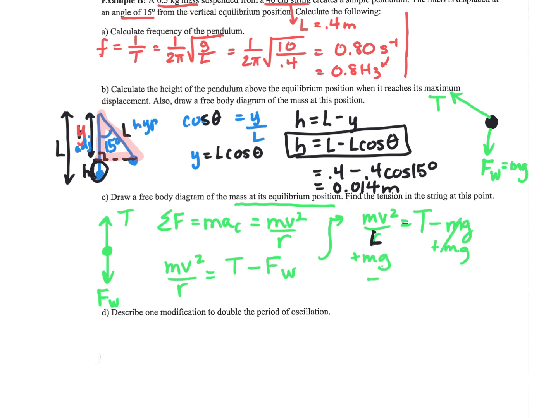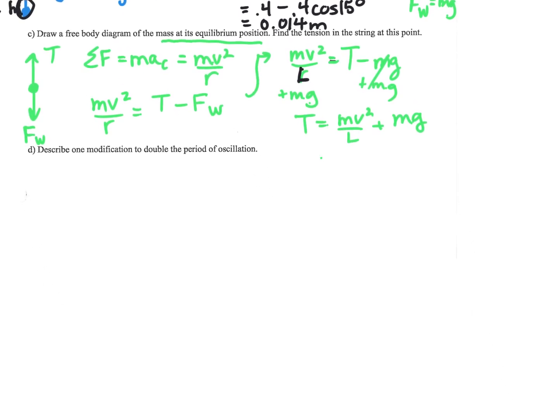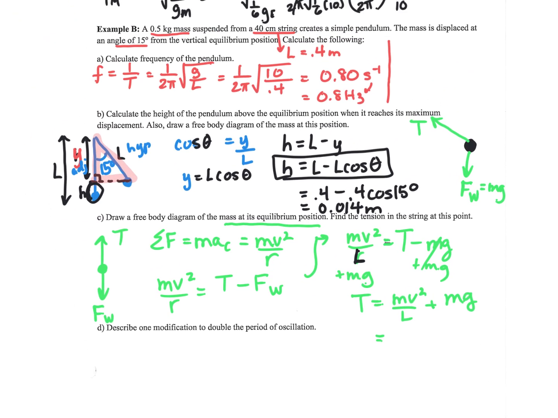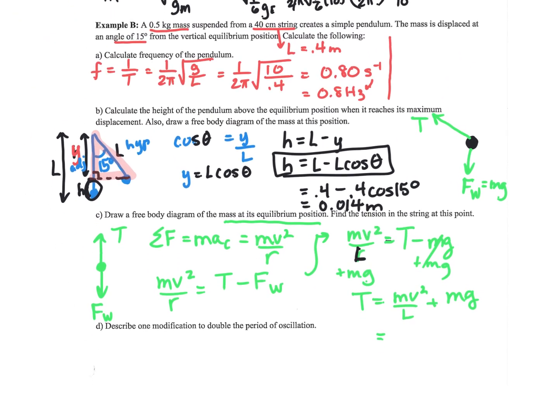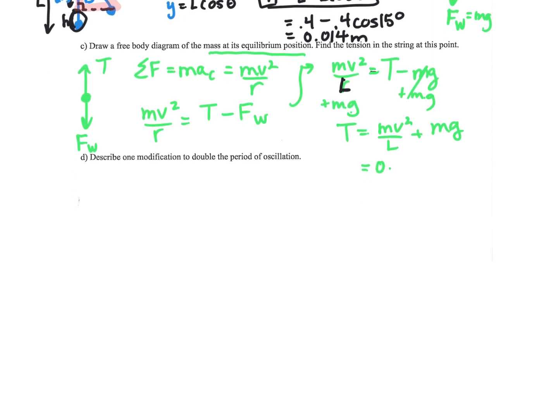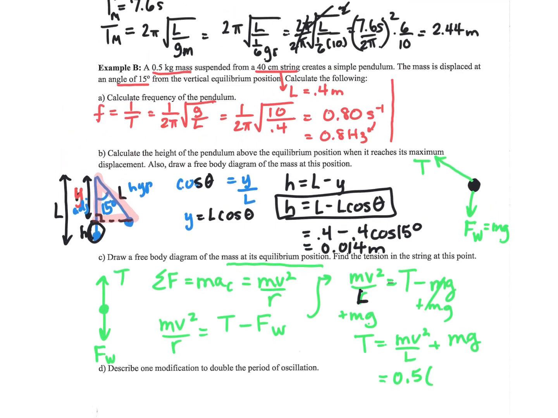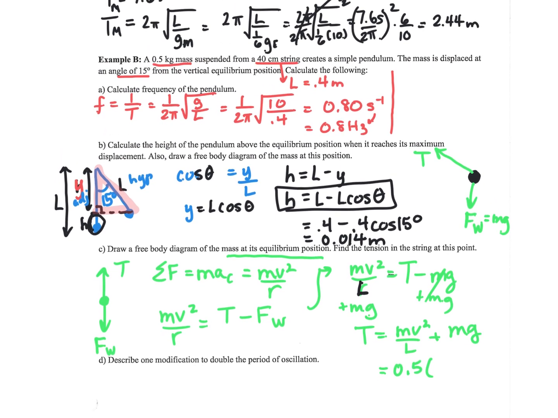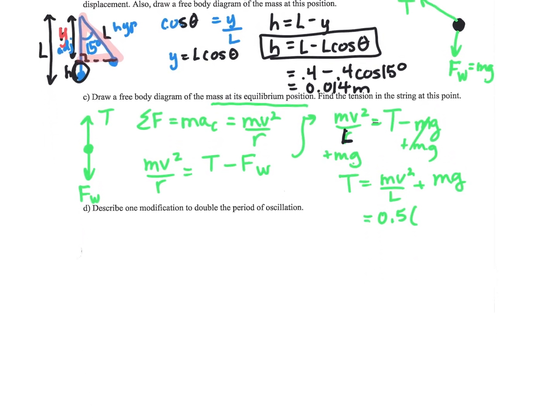Well, let's see if we can solve this and find out. So m is what? The mass is, I forgot, it's been so long, 0.5. The mass is 0.5. The velocity, we don't know the velocity. How are we going to find the velocity, guys? Energy, that's how we're going to find the velocity. So to find the velocity,